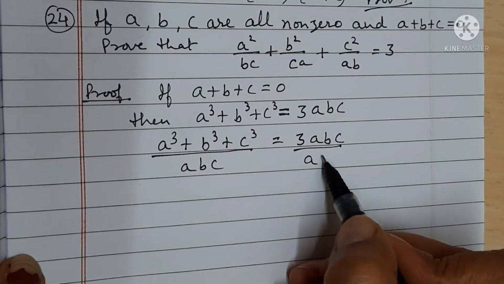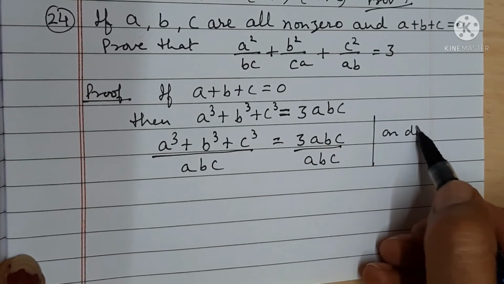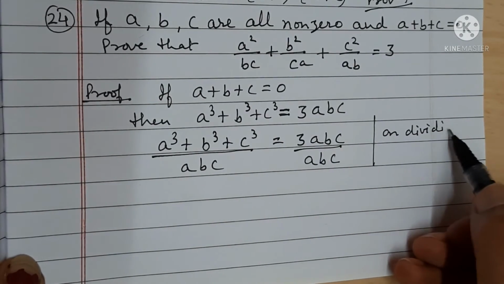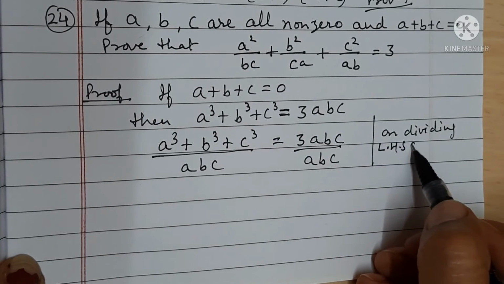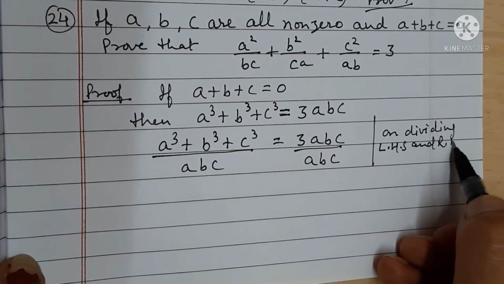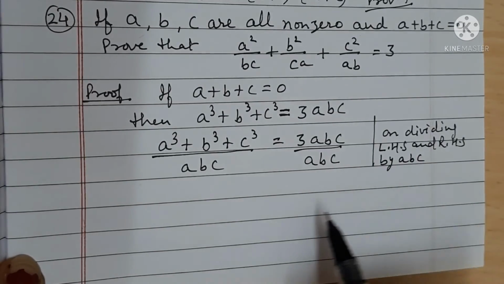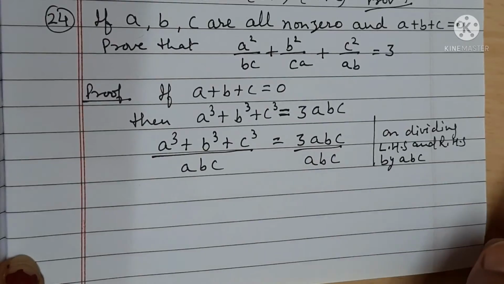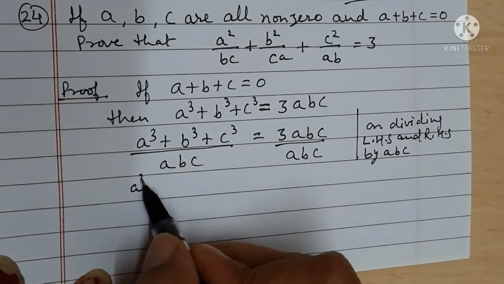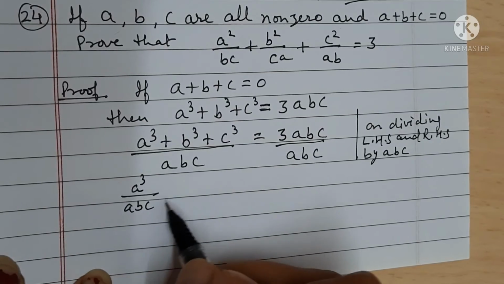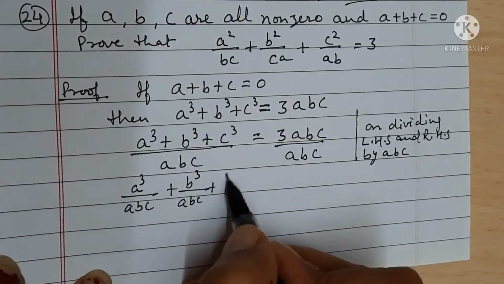Here also divide, on dividing LHS and RHS by abc. Okay, so what you will get? a cube upon abc plus b cube upon abc plus c cube upon